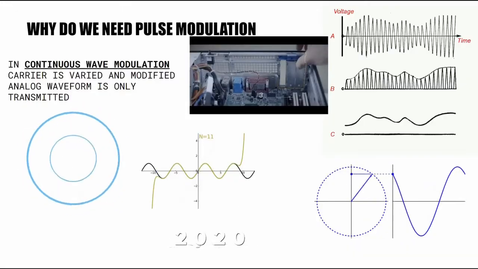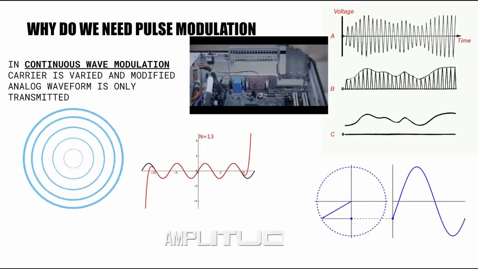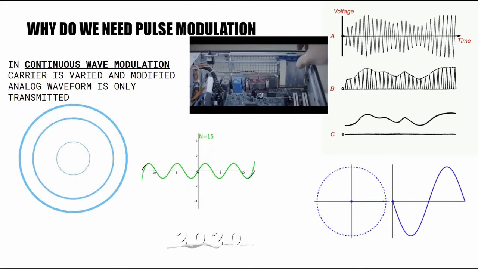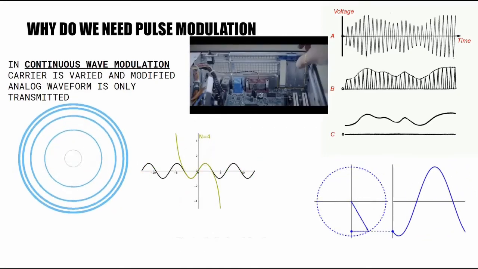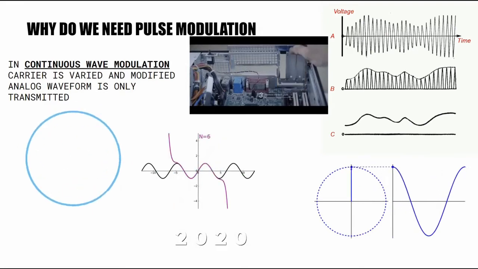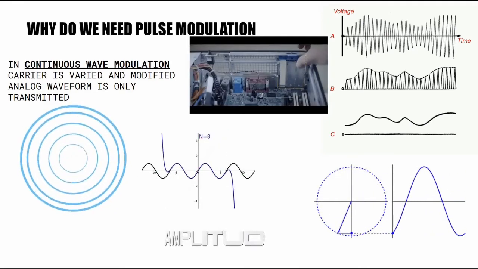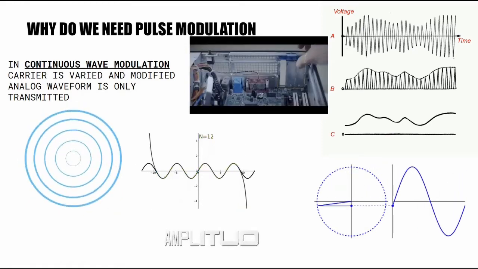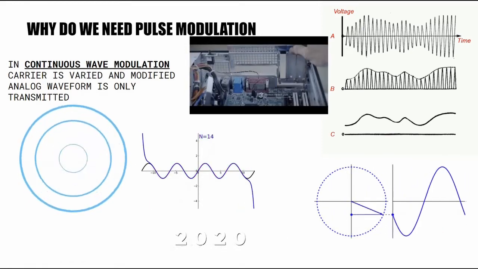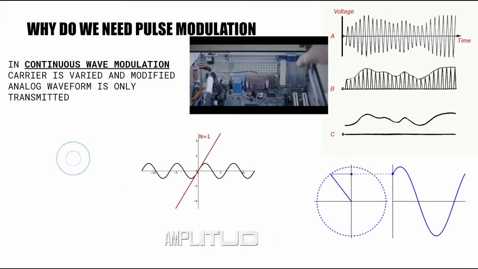We had a perfectly good working system, that is a continuous wave modulation system, in which the parameters of the carrier wave such as amplitude, frequency and phase were varied in accordance with the input signal, and the same modulated analog signal was transmitted over the channel. So why did people go for digital transmission?